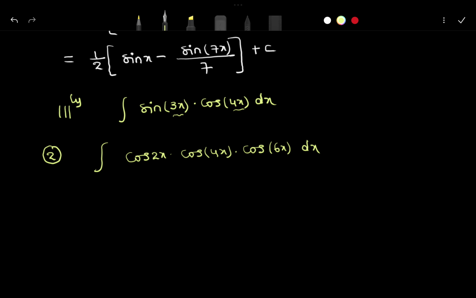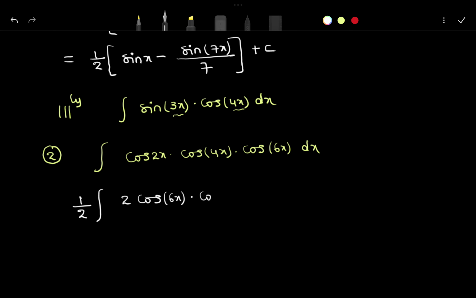Now here we have three different functions with different angles: cos 2x, cos 4x, and cos 6x. The first step, as usual, is to multiply and divide by 2. After this, 1/2 into the integration of cos 6x